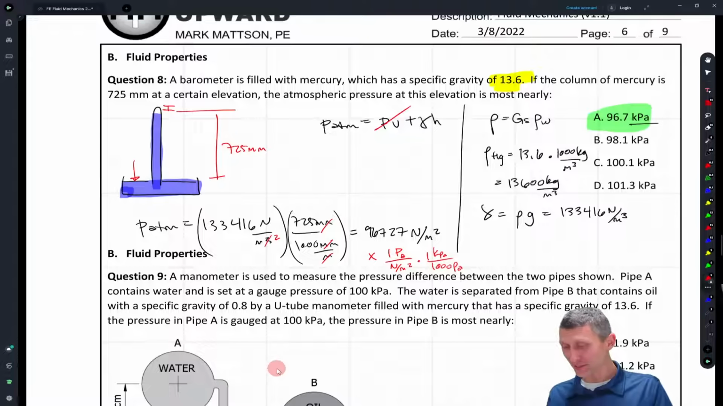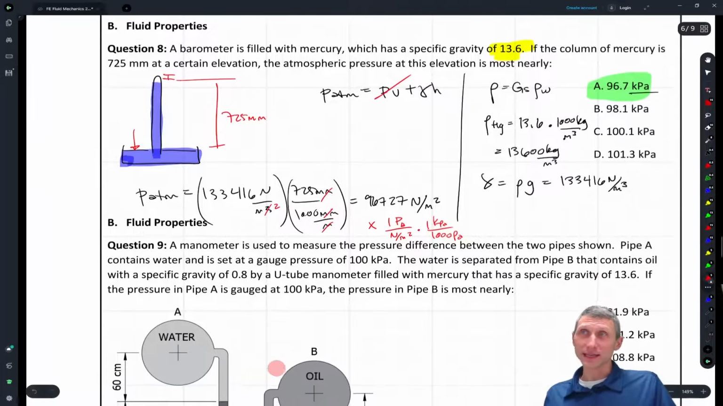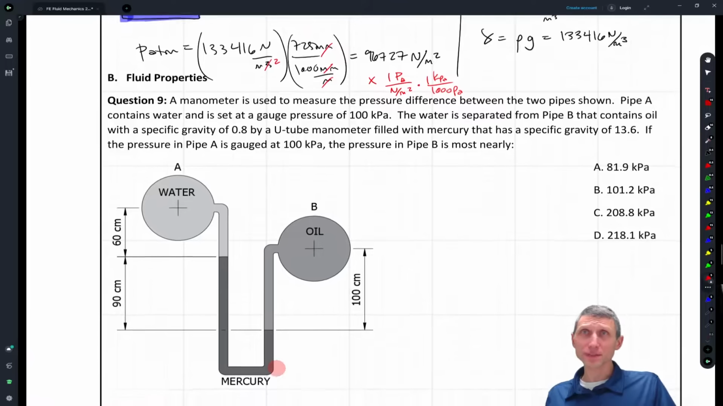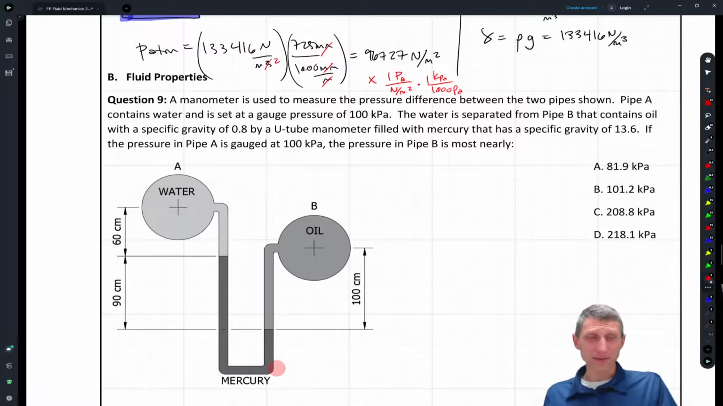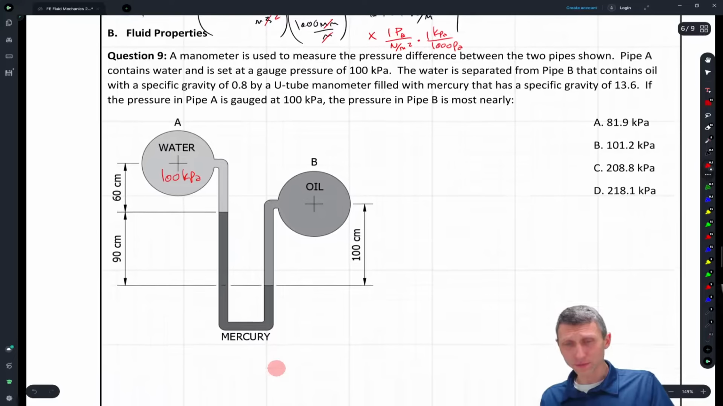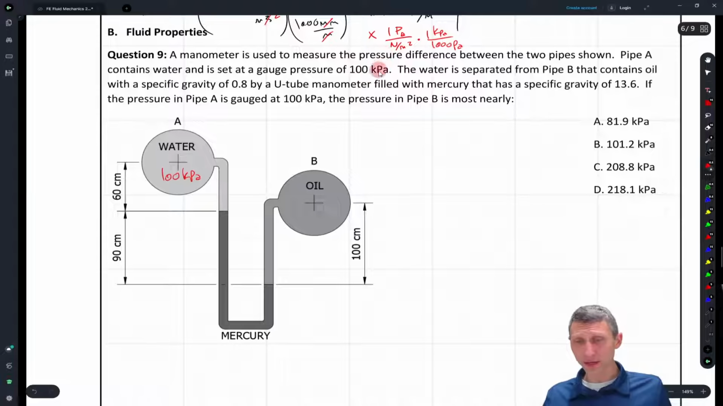Okay, so manometers, I could see a manometer being on the test. This is kind of the next question, but it's similar, right? We have more specific gravities. We have more pressures. We have a gauge pressure here of 100 kPa. So the question says we have 100 kPa, and I think I spelled gauge wrong, but 100 kPa